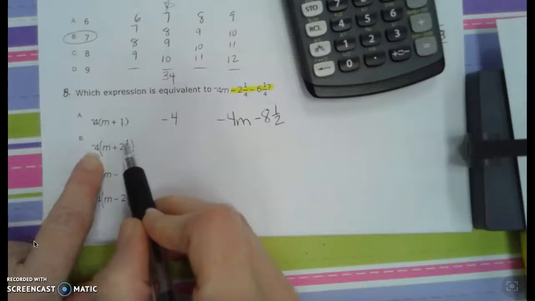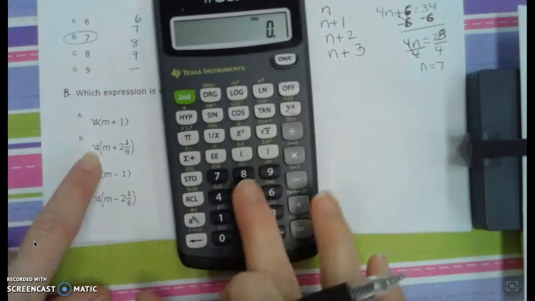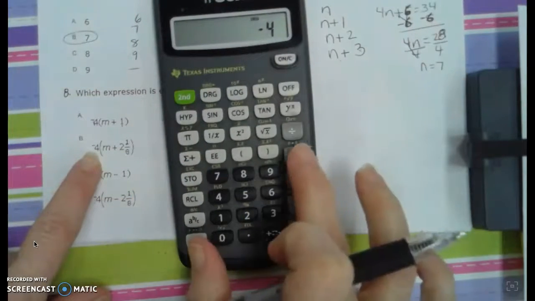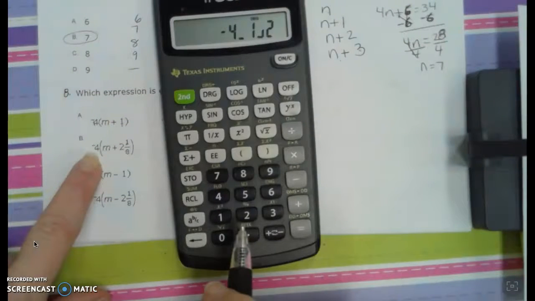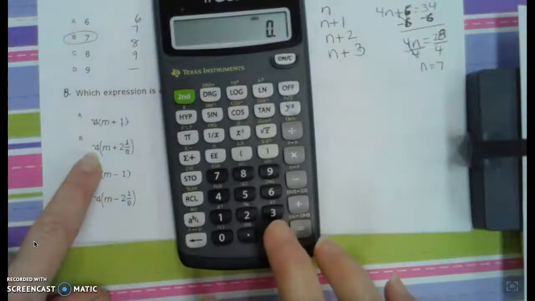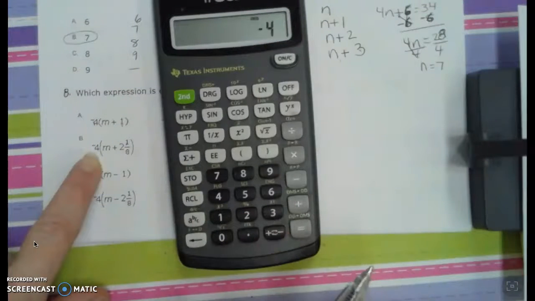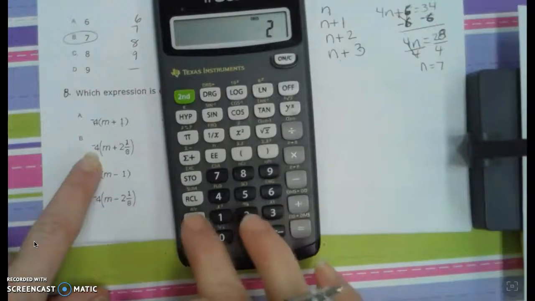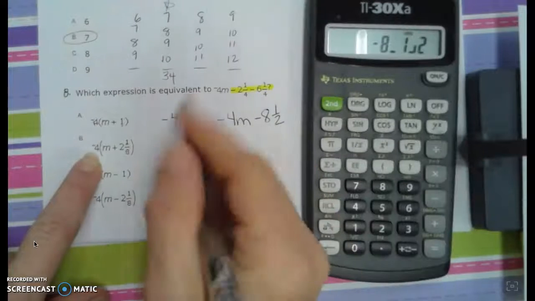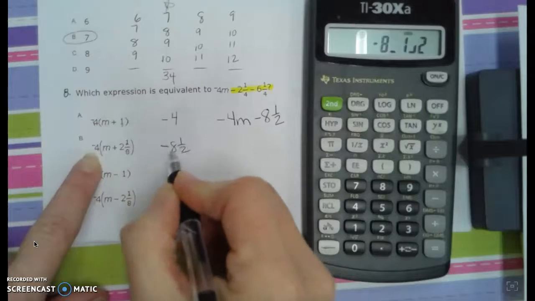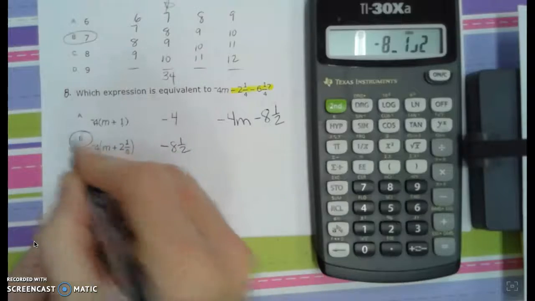When I do negative 4 times 8 and 1/8, so I've got 4, make it negative, times 8, ABC1, ABC8. And that gives me, again, I can't even punch my numbers in, gracious. 4, make it negative, times 2, ABC1, ABC8. There we go, negative 8.5, which does match, and that's what I'm looking for, so I'm pretty sure that's going to be my answer,